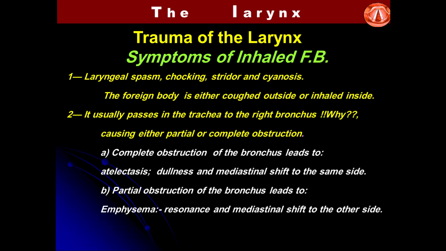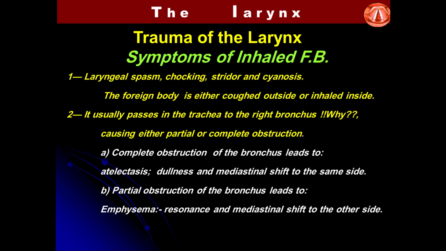The foreign body is either coughed outside successfully or inhaled inside. Once it passes through the larynx, it usually passes through the wide-calibre trachea and arrests at one of the bronchi, usually the right bronchus, because it is shorter, wider, and more in line with the trachea. And we have one of two scenarios in these cases: either complete obstruction of the bronchus that will lead to what's called atelectasis or lung collapse, or partial obstruction of the bronchus that allows inhaled air or inspiration, but